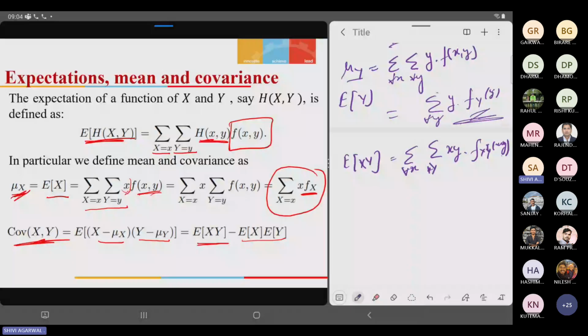I am going very slow. Variance of x, if you remember, we have done (x minus mu x) whole square. Now instead of that whole square, we are using the covariance of x comma y. There are two random variables, expected value of (x minus mu x)(y minus mu y). Okay. And when we open it,